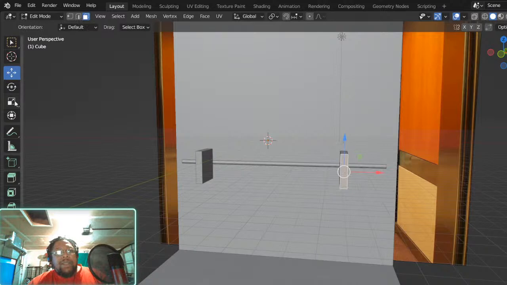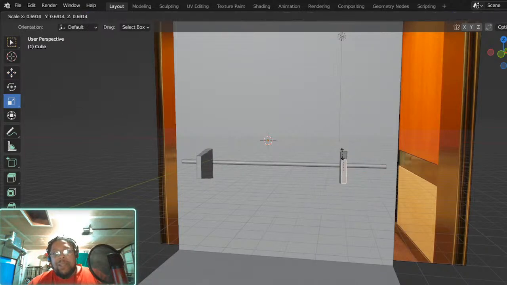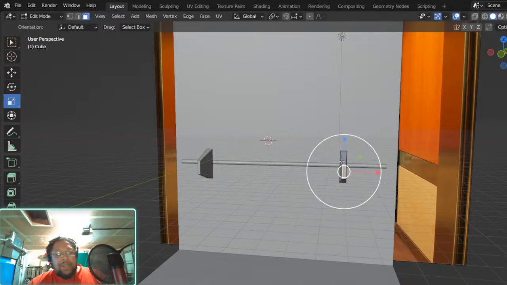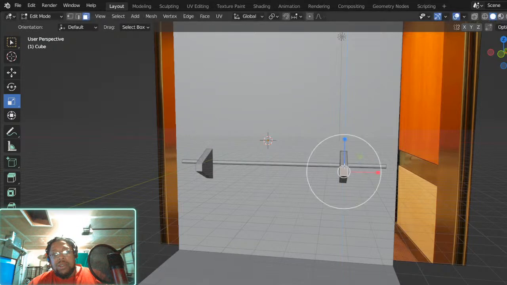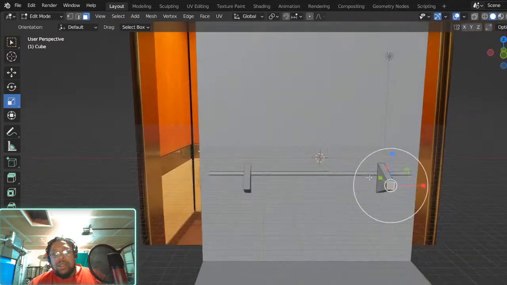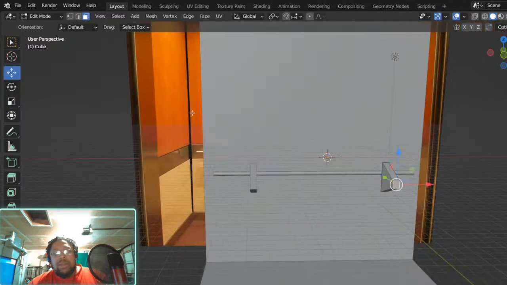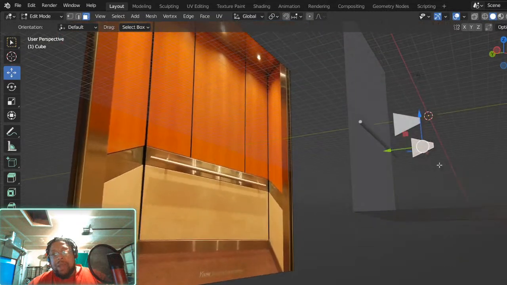I'm gonna need this front part to be, nope, actually that's not what I want to do. I want to do this. It still seems a little thick to me. Alright, get the back part.